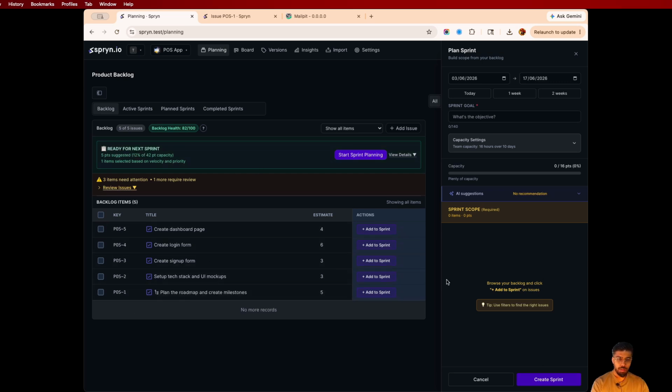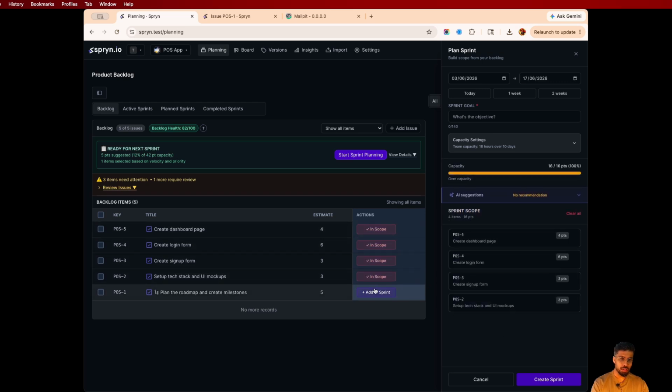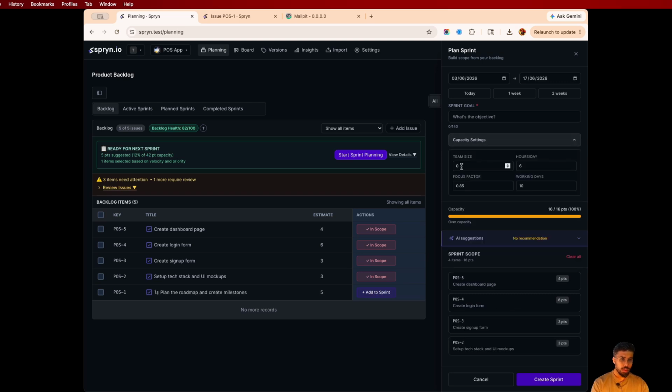Okay. So if I want to add an issue, I can simply click on add to sprint, add to sprint, add to sprint. Right now over here it says the capacity is full. So in the sprint planning, I can set that there are two team members who will work 8 hours a day. Focus factor is 0.85. It's like how many percent of these 8 hours the user is going to be focused. You can set it over here. The sprint will be of 10 working days,